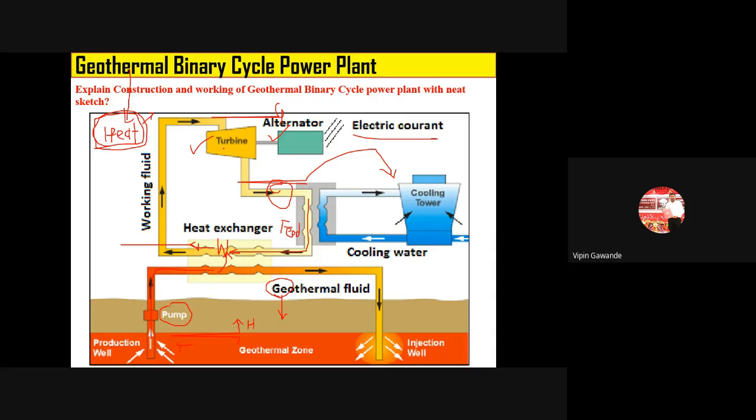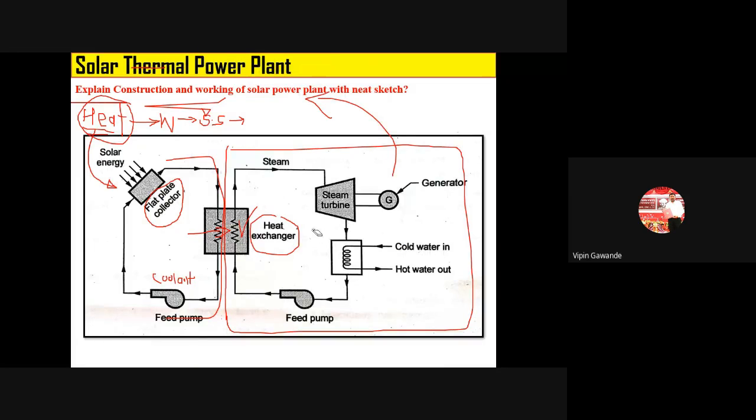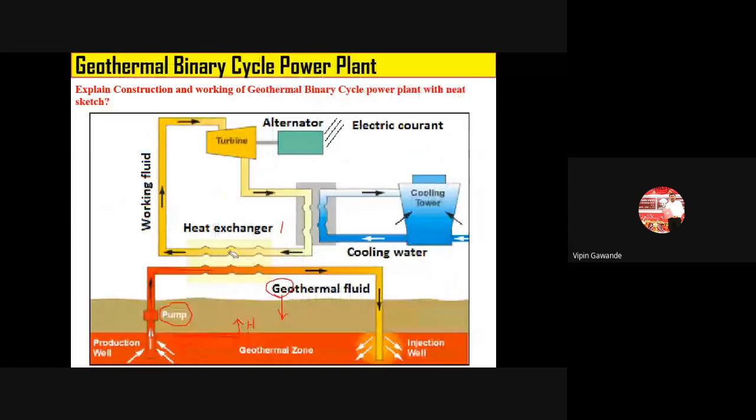Okay, so this diagram is the same. You don't get confused with this diagram, that means the details. Okay, so you have to draw the same diagram that we have drawn for the thermal power plant, but you have to draw it on the upward side. Okay, so draw it on the top side only. This heat exchanger, you draw it on the bottom side, because we have to take the heat from the ground. That's why we'll put one pump here.